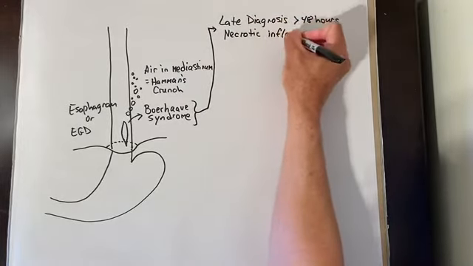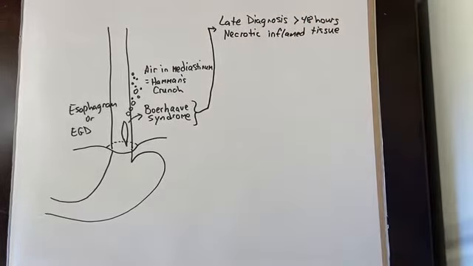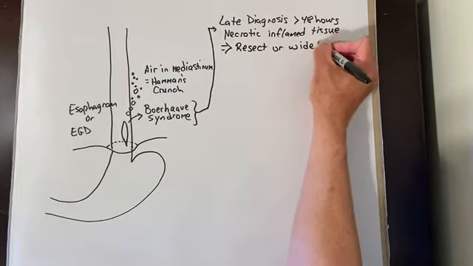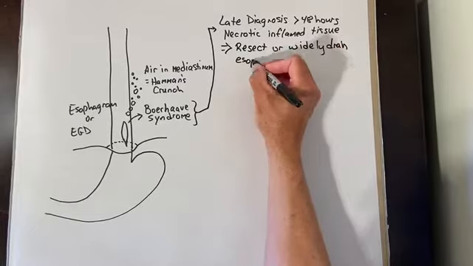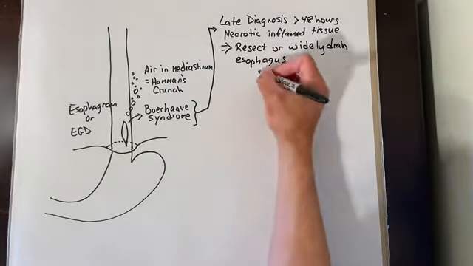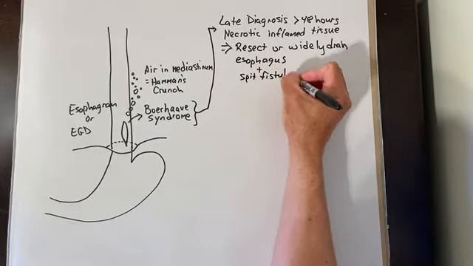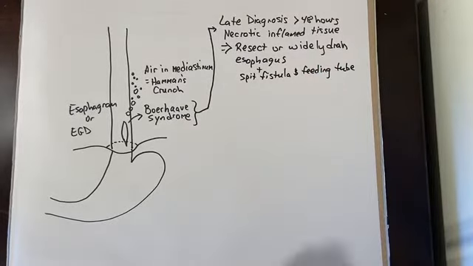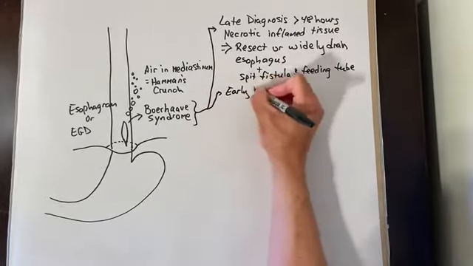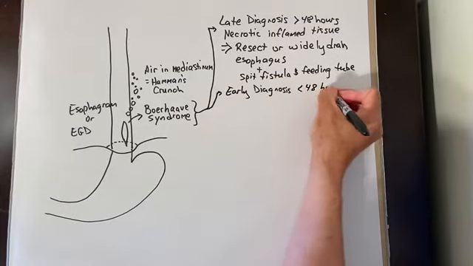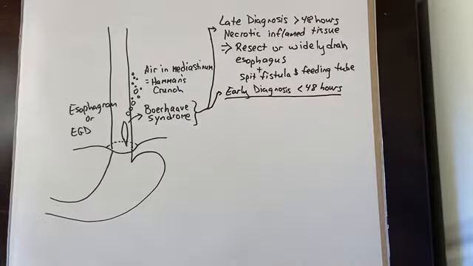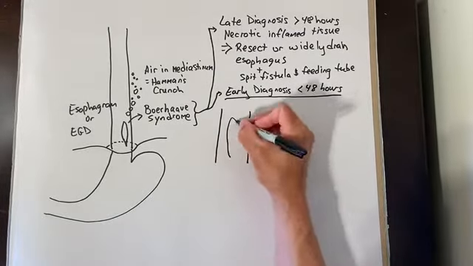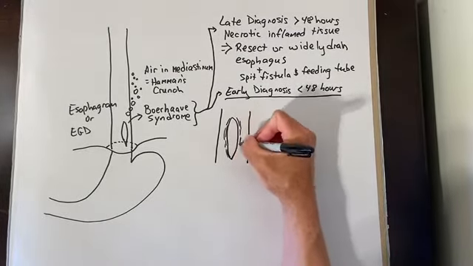Late diagnosis with necrotic, inflamed esophageal tissue would be treated similarly to a caustic ingestion with resection of at least the damaged portion of the esophagus, or at least very aggressive drainage and a cervical esophagostomy or a spit fistula. Always approach the distal esophagus from a left posterolateral thoracotomy. Early diagnosis has less sick patients with less tissue necrosis and inflammation, and these would be the ones amenable to